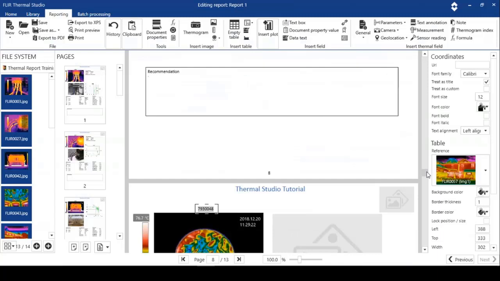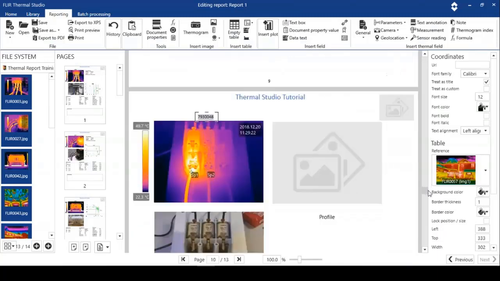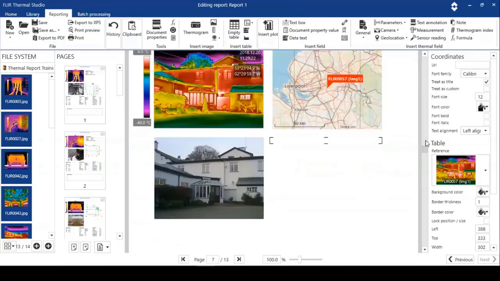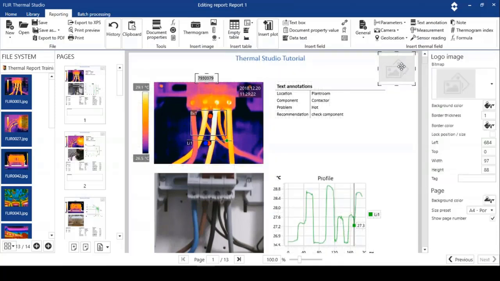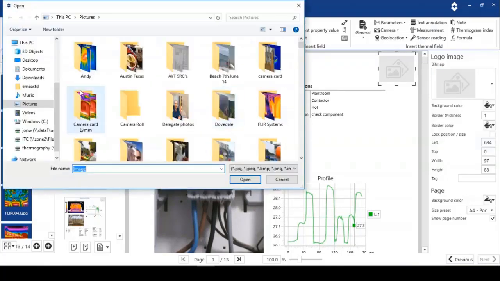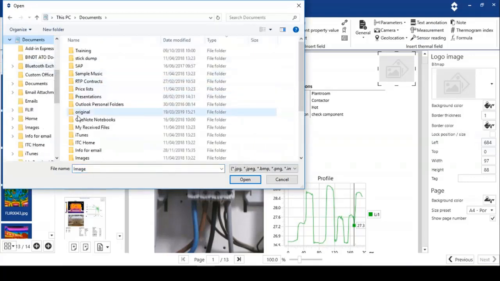we've gone through, we've got our images in, we've sorted our formulas, we've arranged our text comments, and we're happy. One last thing I haven't shown is the logo tool. I'm just going to go up to the top. We've got a little logo here. I'm just going to double click, and again, you edit it from the right hand side of the pane. We can browse, and what I'm going to do is just go straight to the folder with the